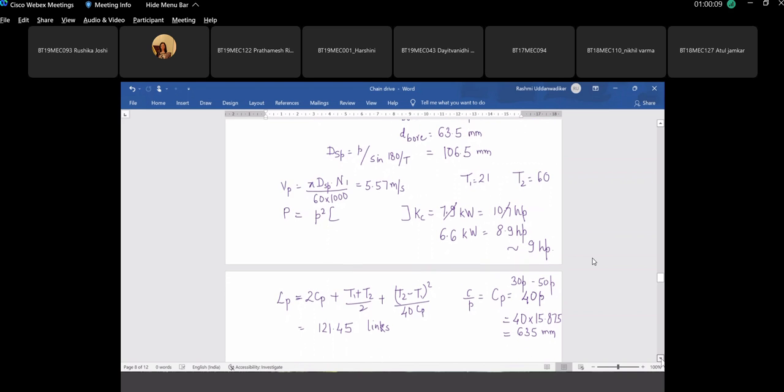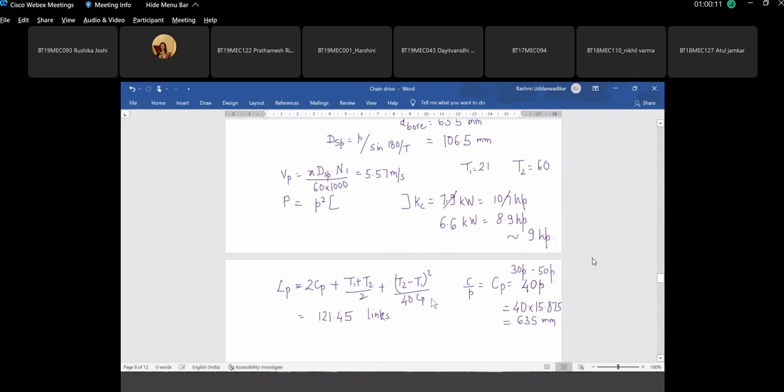So if this is Cp, this is C upon P. So this P goes here and this becomes C by P, which is 40. Similarly, this Cp is 40. This is C by P. So if you are getting 121.45, number of links will always be an integer number, an even number. So we use 122 links,